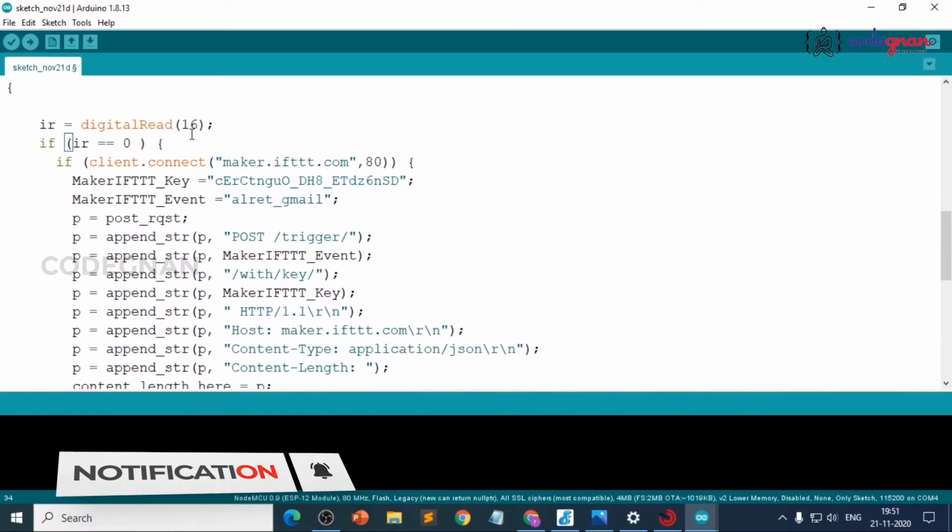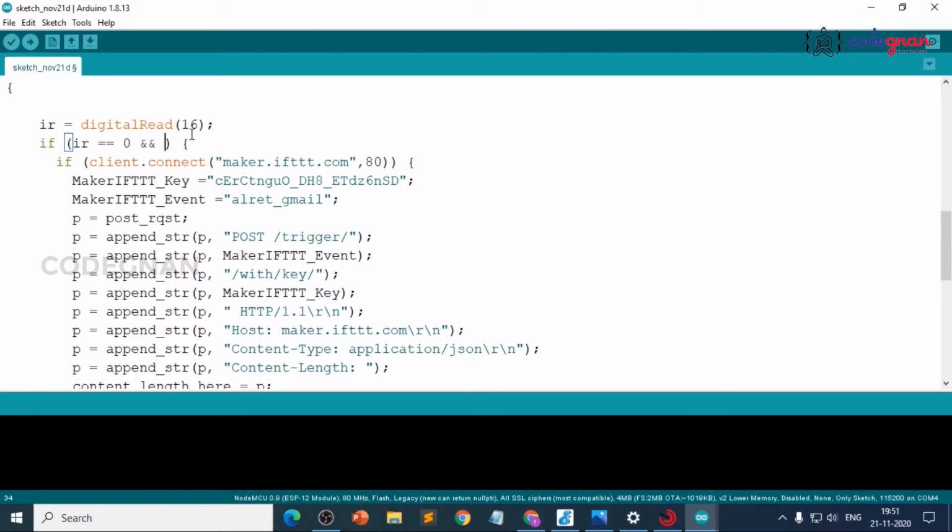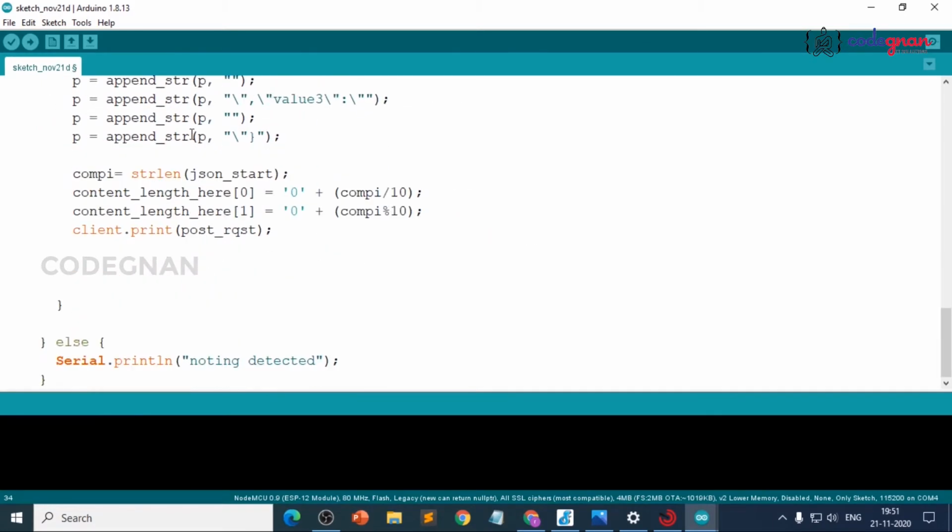And write AND here, and flag equals to 0, and when the notification is completed we need to change the flag value here.